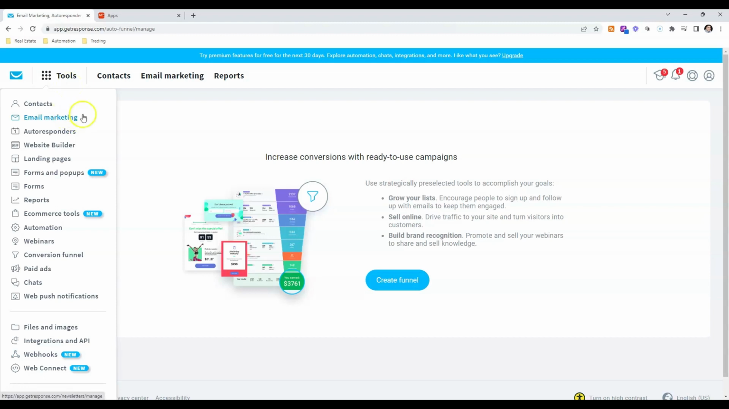So basically, GetResponse is able to perform any of these actions or provide all of these tools, whether it's email marketing, autoresponders, website builders, landing pages, forms, pop-ups, reports, e-commerce tools, automation, webinars, conversion funnels, and so much more. They can even run your paid ads for you if you so please. So GetResponse is a really cool tool, and what we're going to be looking at today, because after all the